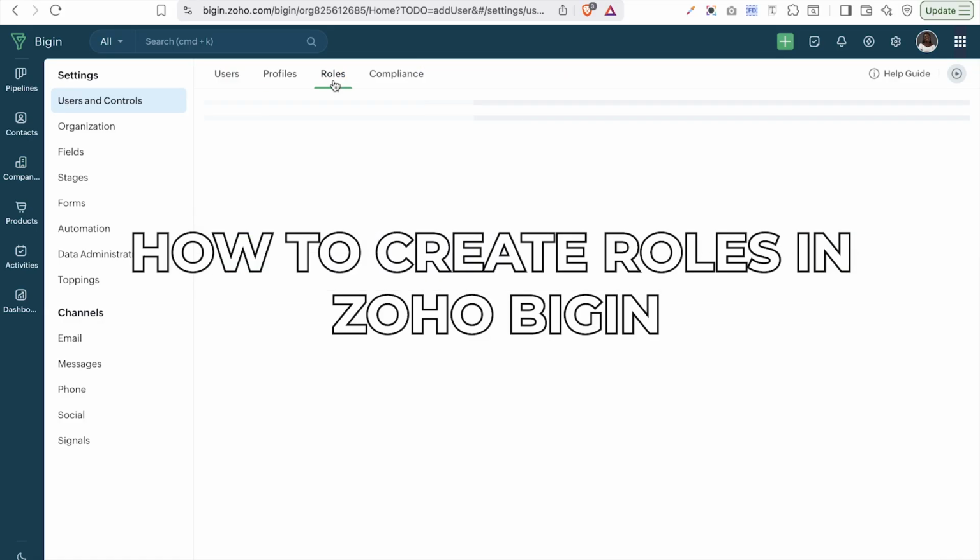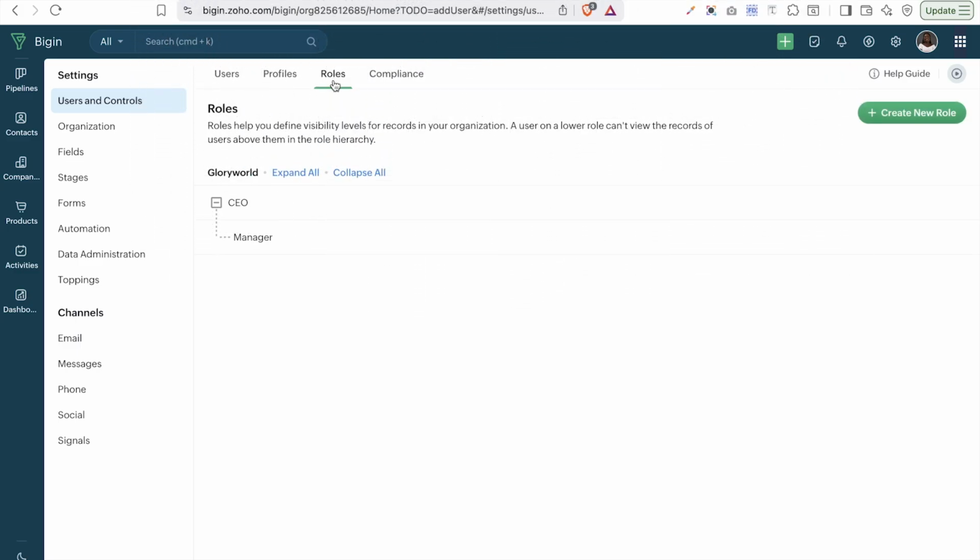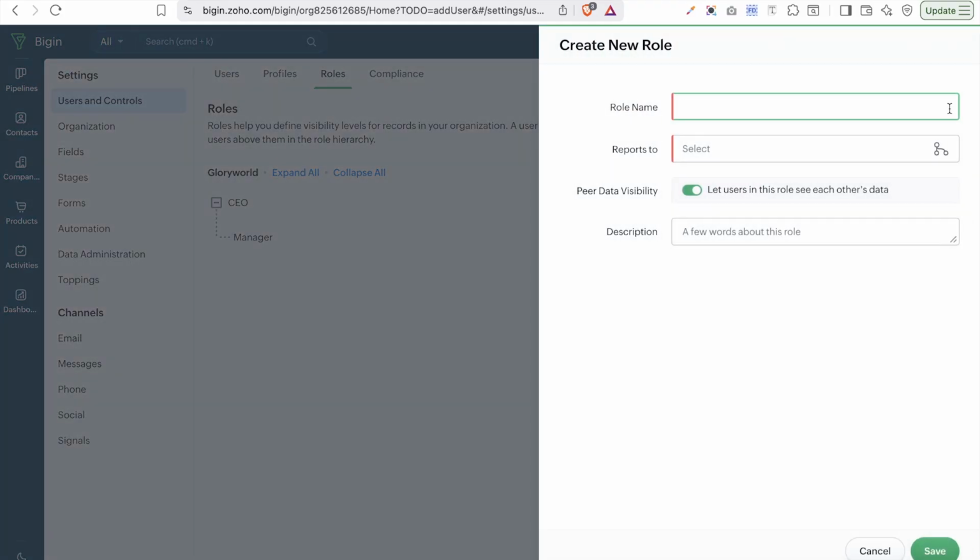And roles is different from user and profile, because roles just help you to define the hierarchy that is going on in your business, like who is reporting to who. And this just allows you to be able to see a visual representation of how the hierarchy in your business works. So for instance, we have the CEO, we have the manager, and we can say that we want to create a new role, and we want to name that sales rep also. And we can say we want the